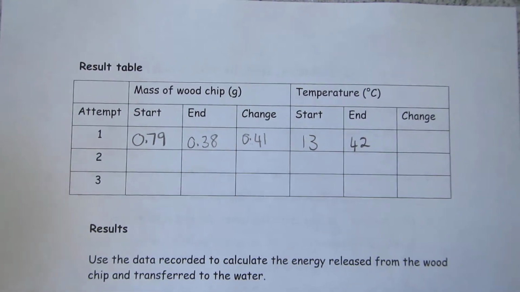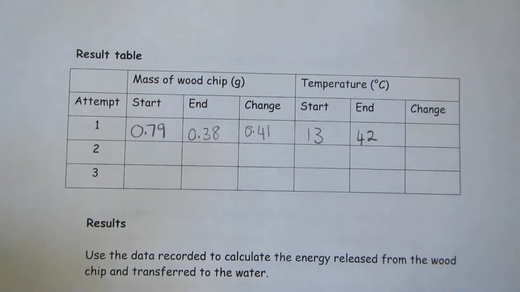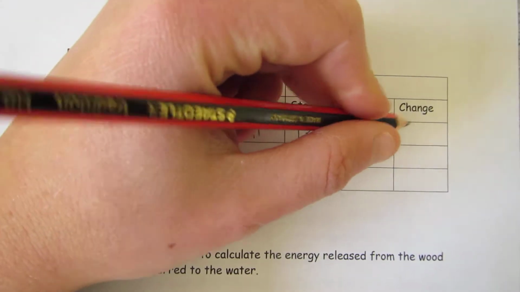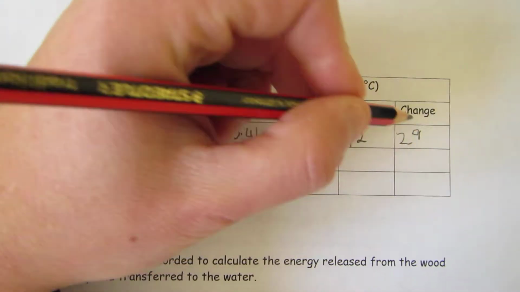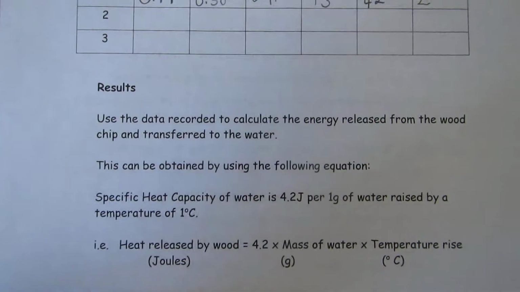So now if I do the same for temperature change, so at the end our temperature was 42 and I subtract 13, gives us an overall temperature change of 29 degrees centigrade. So we're now going to use the equation